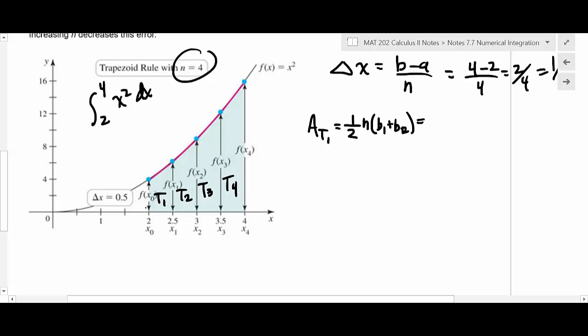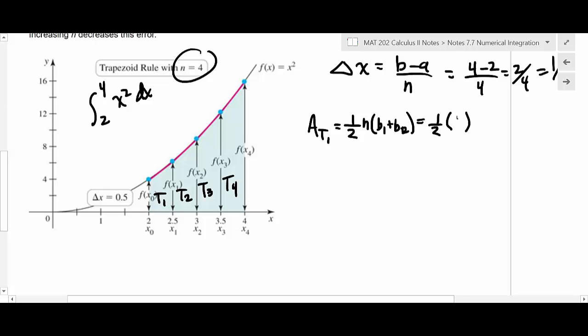If you look at this trapezoid right here, first of all, what's the height? That's a half. That's what delta x is. Now what are the bases? Wouldn't that just be a function value? So what you're going to do is go like this. You're going to go 1/2 times